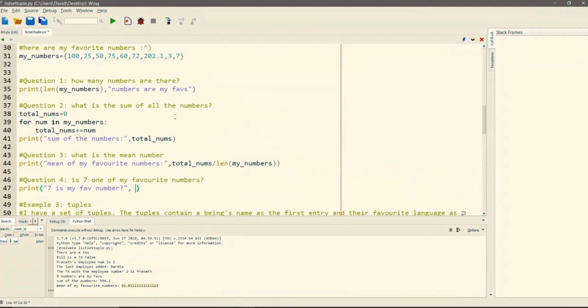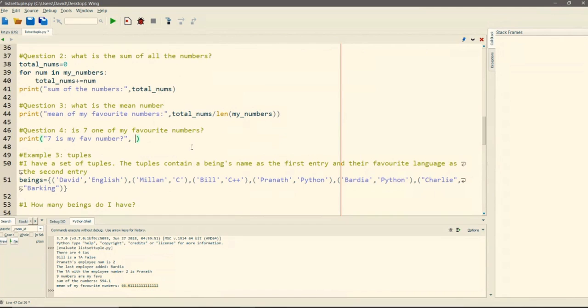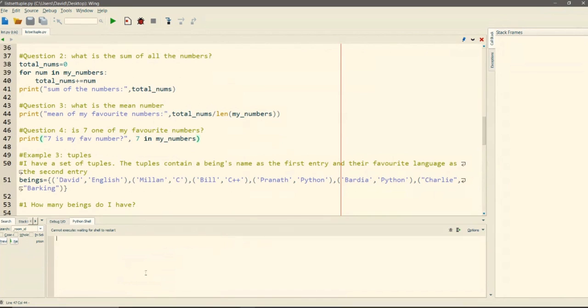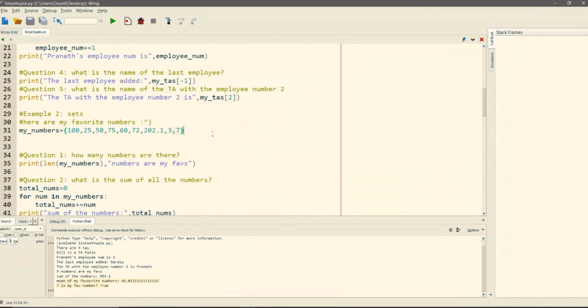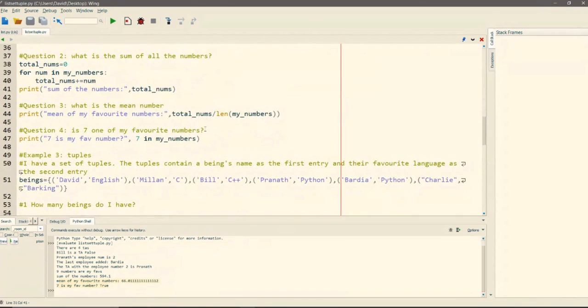Python makes it pretty easy to reuse like concepts. So we want to go 7 in my numbers. If we run it, is 7 in my numbers? True. If we look up here, it is. So that's how you use sets.